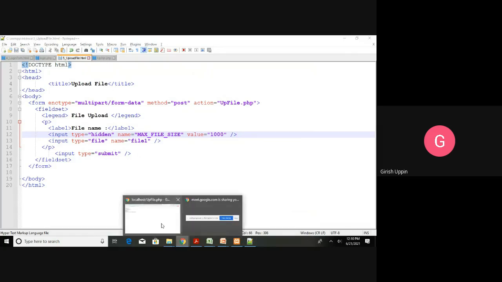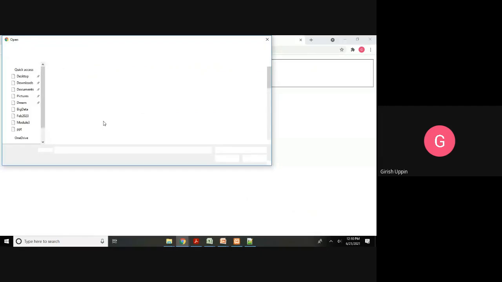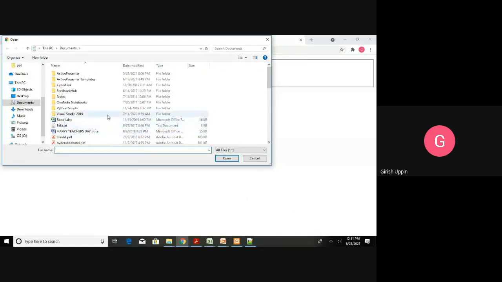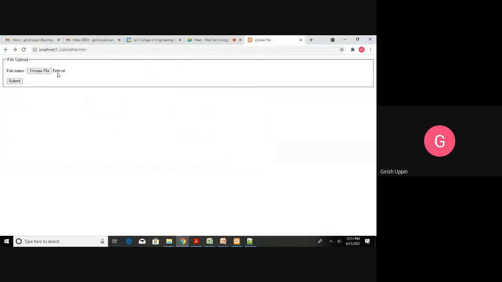Now we will reload this page. I made the change in the HTML, and I refreshed. Now I will choose a file which is more than 1000 bytes, for example this text file, it is 3000 bytes. This is selected, then the submit button.